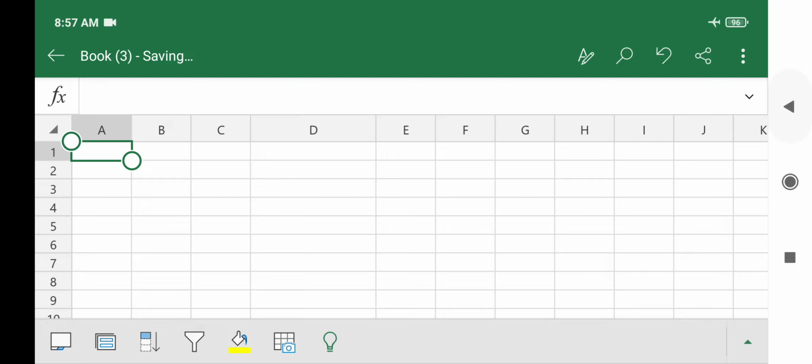The question is lab practice question number 2. I'm reading it out for you. The worksheet shown below shows temperature in degrees Celsius on different days. Find out the temperature in degrees Fahrenheit. The data has been given day 1, day 2 wise, recorded in Celsius, and we have to convert the temperature from Celsius to Fahrenheit. So how will you do that?